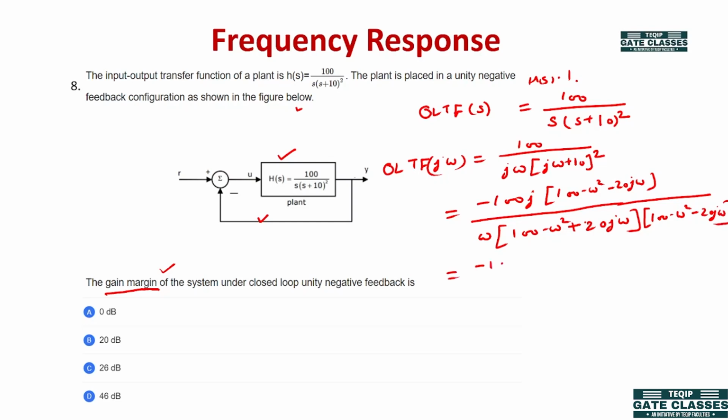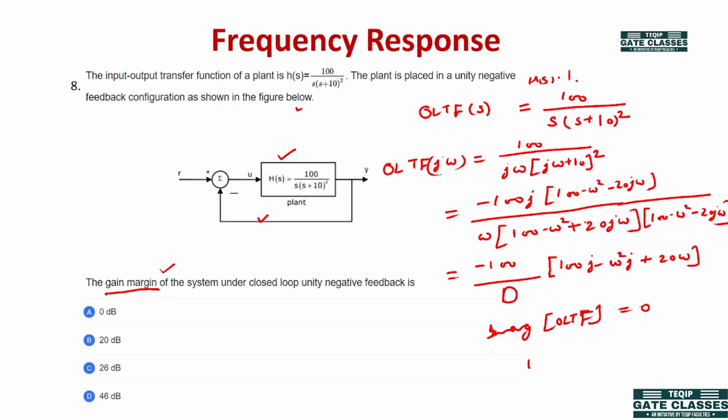Okay, so we have minus 100j upon, let's say this is denominator d, so inside the bracket, if we multiply this j inside we get 100j minus omega square j plus 20 omega. So on putting the imaginary part of the OLTF, the open loop transfer function, equal to 0 for calculating omega p,